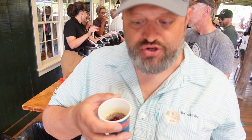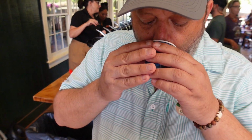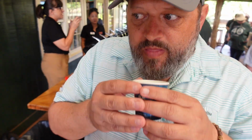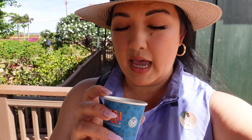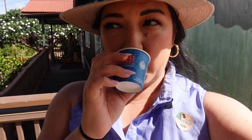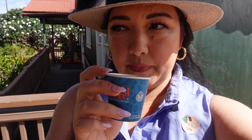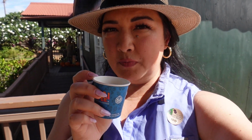This morning, visitor center blend. It's a dark roast. So I am drinking one of the blends. It's a medium roast, supposed to have a sweet finish. It's a little bitter for me. I don't drink black coffee, so